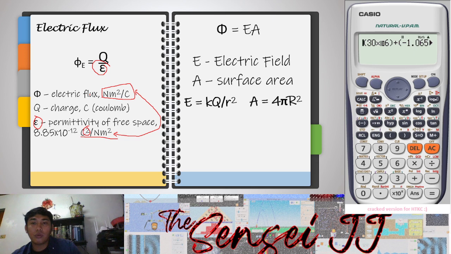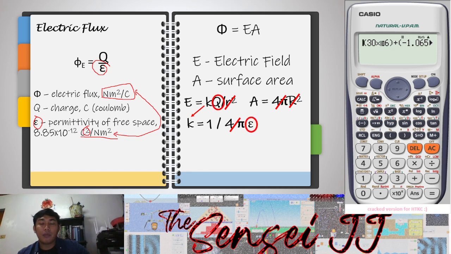K Q all over R squared, and our A is equivalent to 4 pi R squared. Cancel natin yung ating R, yung ating radius natin. We have K is equivalent to 1/4 pi epsilon, and we can cancel out our 4 pi, and we will be having the remaining Q all over epsilon. That's why we have our electrical flux is equivalent to Q all over